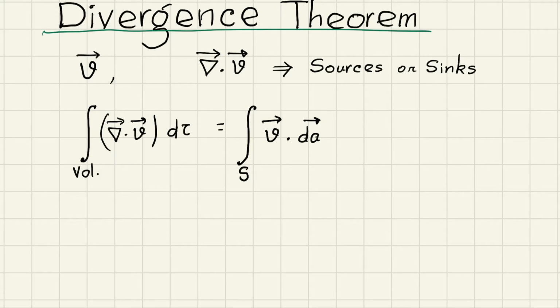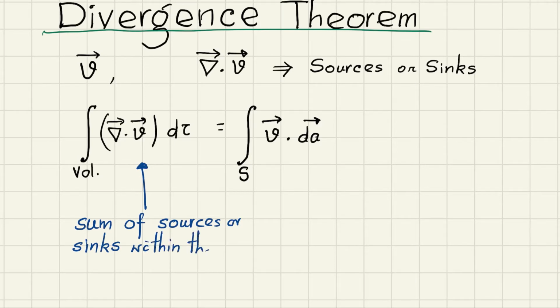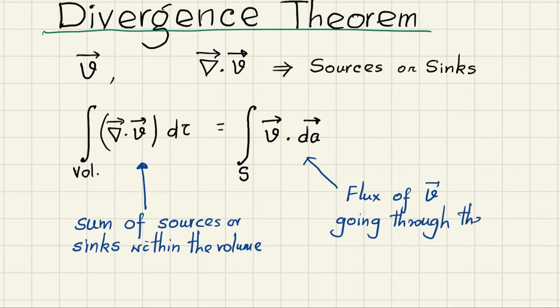So basically what one is saying is, this is the sum of the sources or sinks of V, sinks of the vector function, lines of force or velocity function, within the volume, and this must be equal to the flux of the vector function V going through the surface. So whether you go to each tap and find out the water being added or taken away, that must be equal to, or you can go to the border,